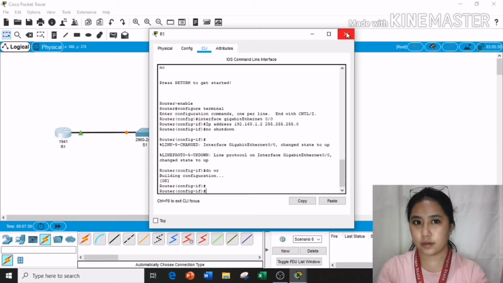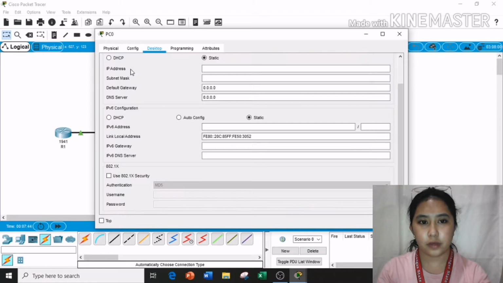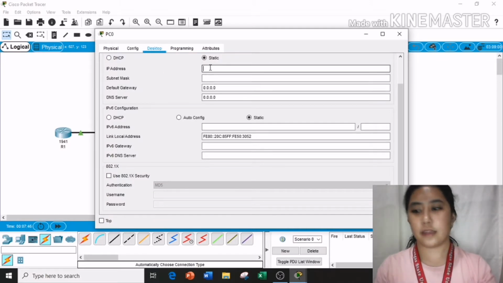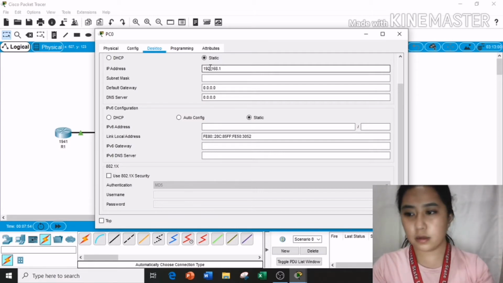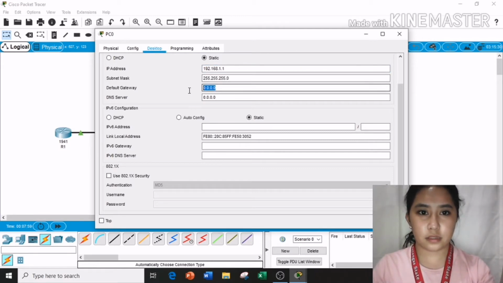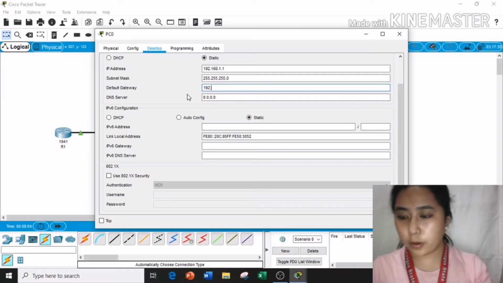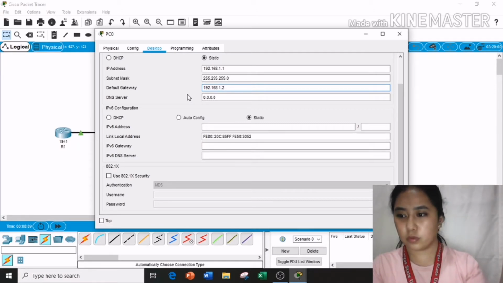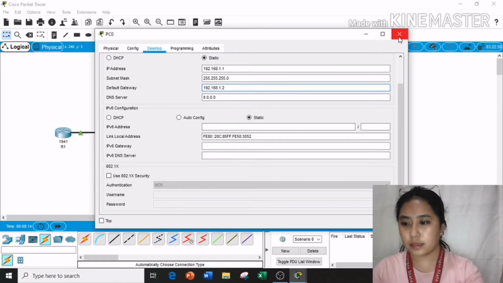Next is PC0, desktop. Go to IP configuration and insert the IP address 192.168.1.1, automatic subnet mask, and insert the default gateway 192.168.1.2. So next,